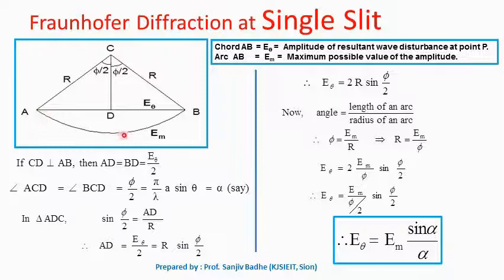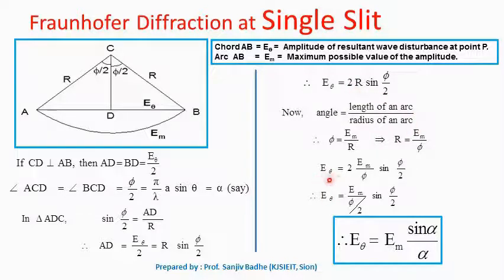Now this arc is enclosing angle phi by 2 plus phi by 2, that is phi, and therefore we can write angle enclosed by an arc is equal to length of an arc upon radius of an arc. Length of an arc is Em and radius of an arc is R. So phi is equal to Em upon R. So from this we can write R to be equal to Em upon phi. This R we can put here,